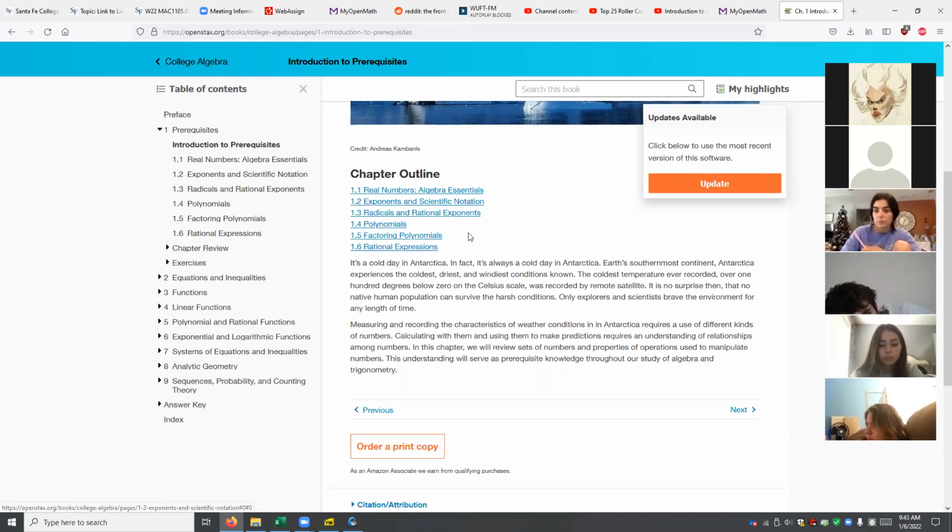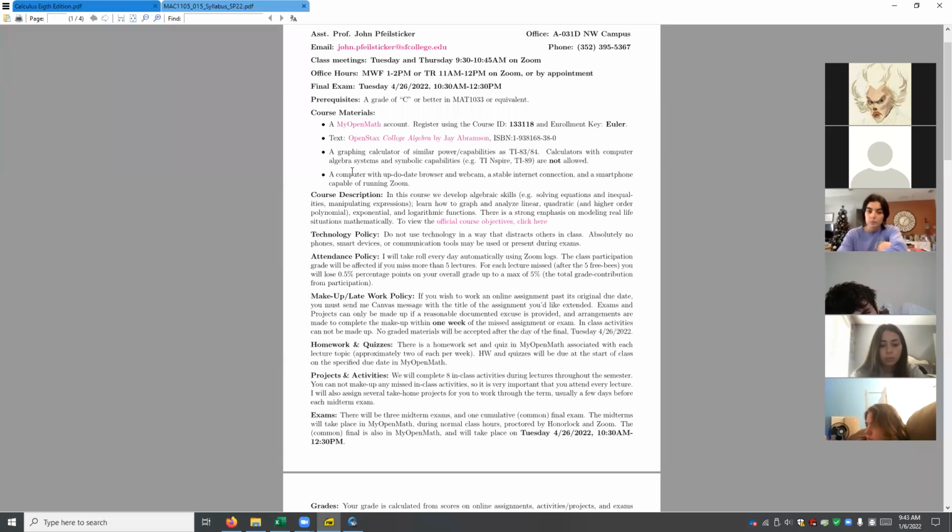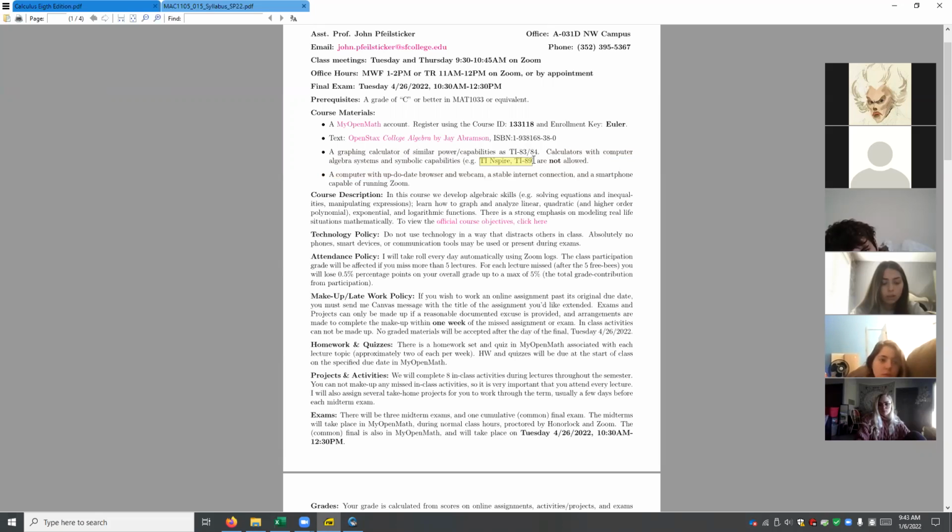So the textbook and the online homework system are both free, and they're both linked here in the syllabus. Some of the other stuff you're going to need, a graphing calculator, like a TI-83, TI-84, those are okay. TI-Inspire, TI-89, anything capable of symbolic manipulation is not okay. So you need to make sure that you're using a TI-83, 84, something like that. I know that these are expensive new, they're somewhere around $100, and we're working to get the cost of the course down.